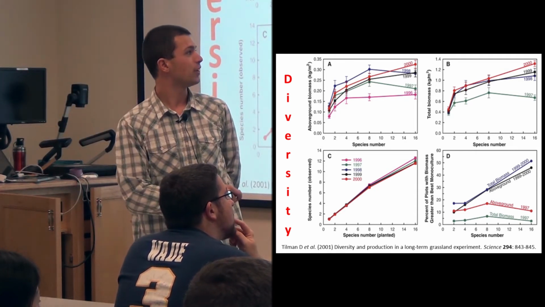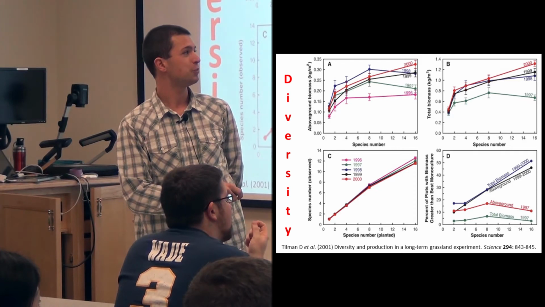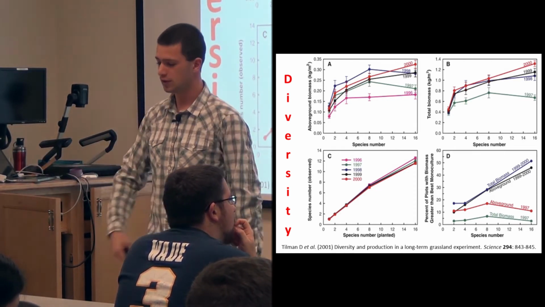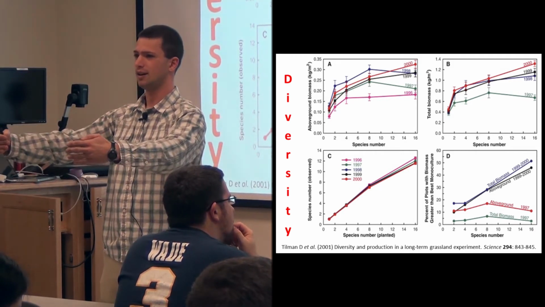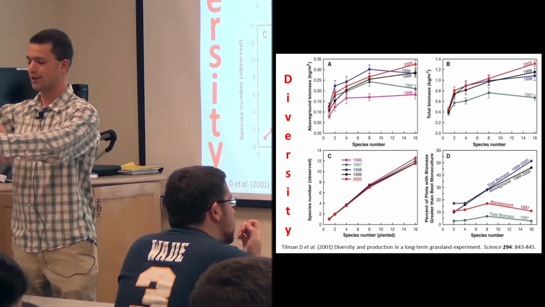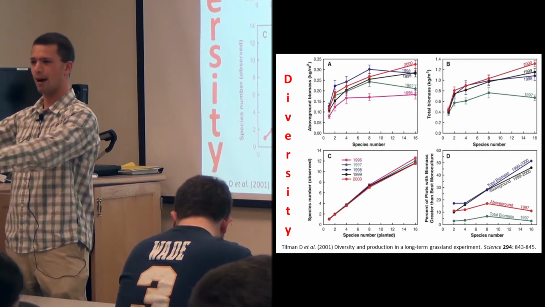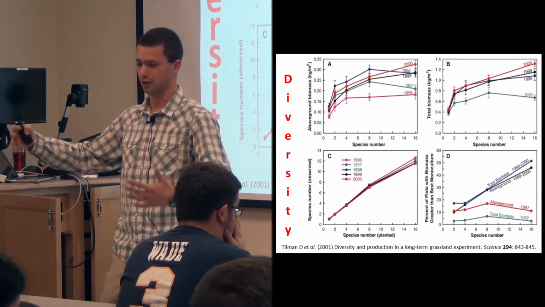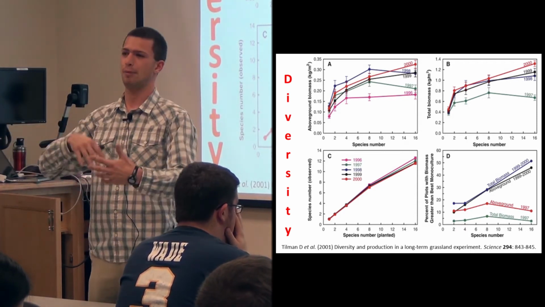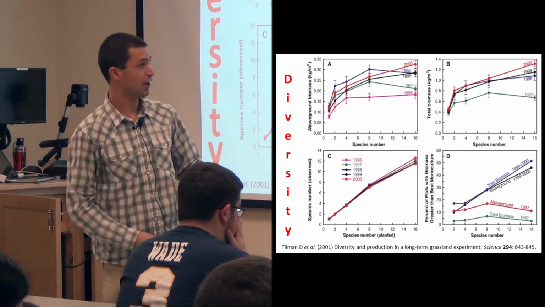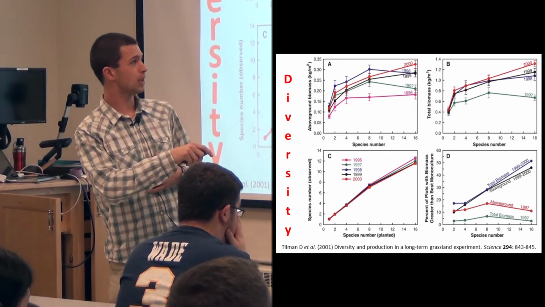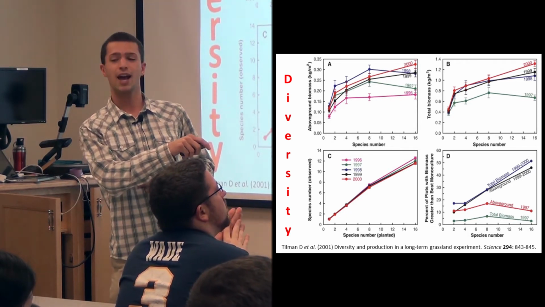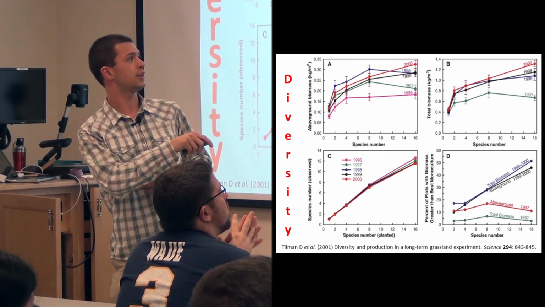And what we know now is that as you increase the number of species in the same area, you're able to produce more. If you have a square meter of a single plant versus a square meter of 5 different species interacting together, you can get more biomass than you can with just one, because maybe there's different niche competition and different ecology taking place. That's really cool, and you get this nice saturating function. Maybe you don't want to go up to 20 or 30 species, because you're still going to get the same productivity. It stagnates, but maybe you want to be up here as opposed to down here.